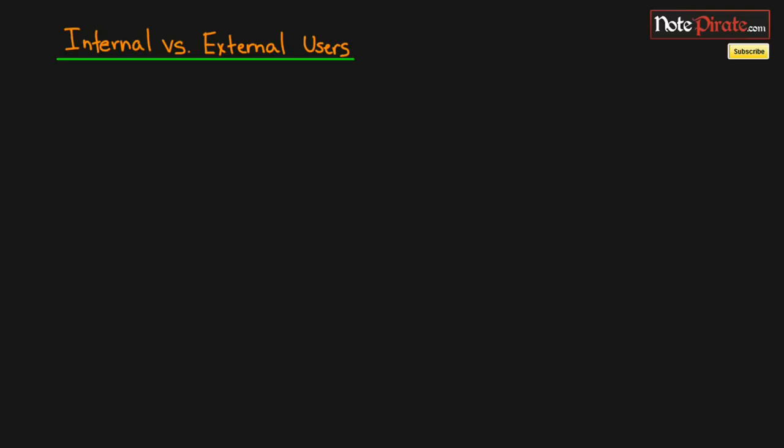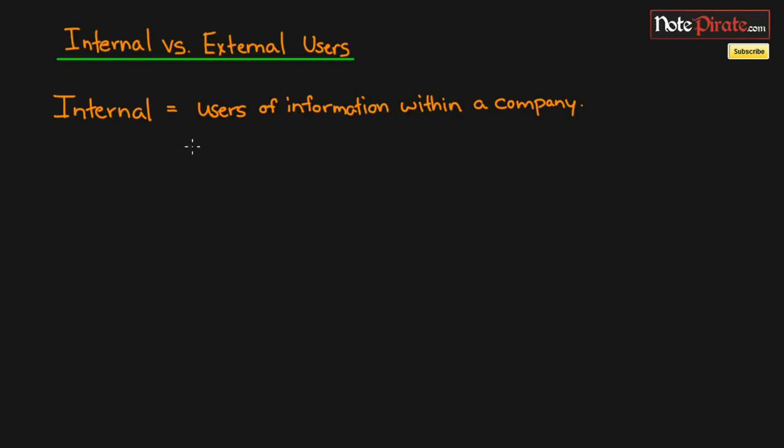Let's look at internal users first. So internal users, they are users that use information and they lie within the company. So they are basically employees, is one type. Let me write that down first. Employees. So maybe like the accounting department,